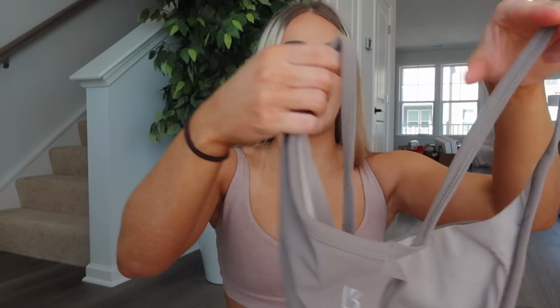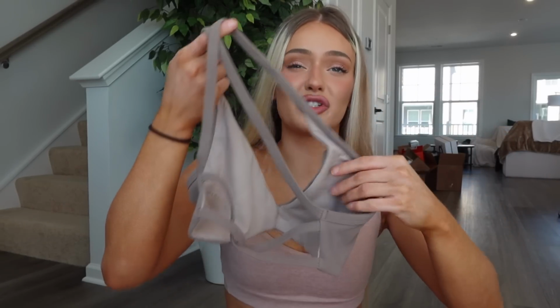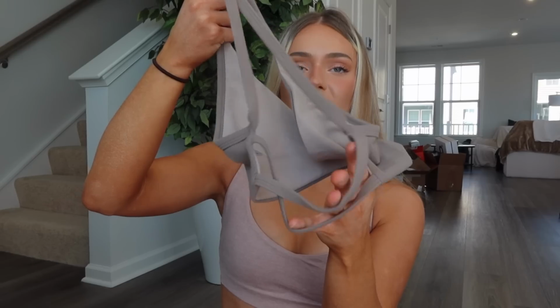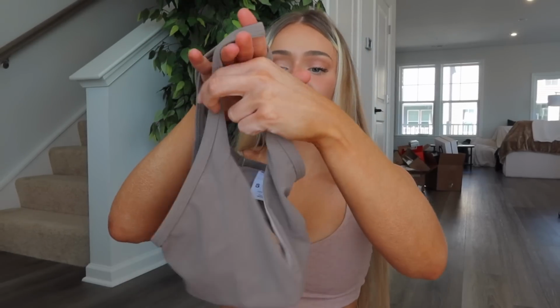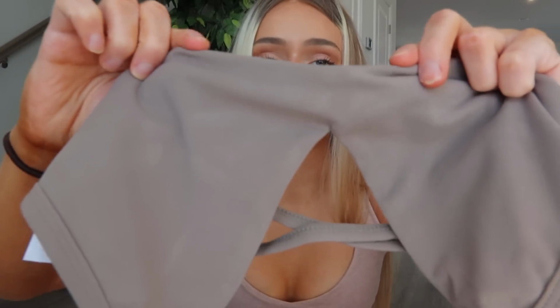But I'm a cup pad gal, so when I wear this, I'm just going to pop some cups in there, just like double lined fabric. But hopefully it doesn't fall out. The back looks like this. It's just two straps that cross over that are not adjustable, but they fit pretty well. I do wish it was adjustable because I like having that option to tighten if I need it. And then it's got these straps in the back that cross over down here. And then again, very V front. If you are larger up top, definitely going to be no support because it's like the tiniest little elastic or seam